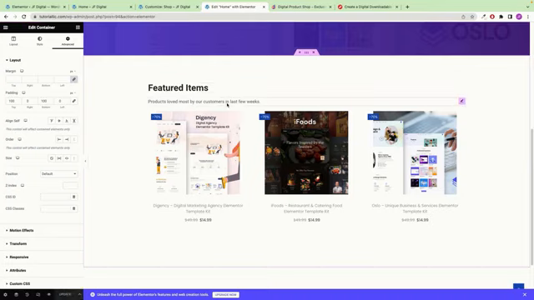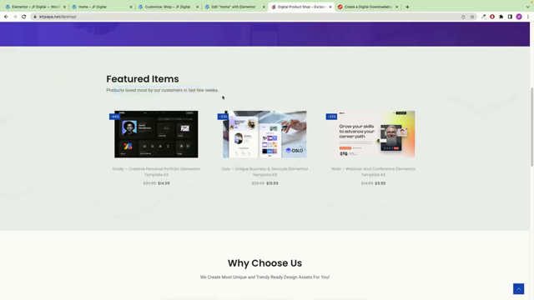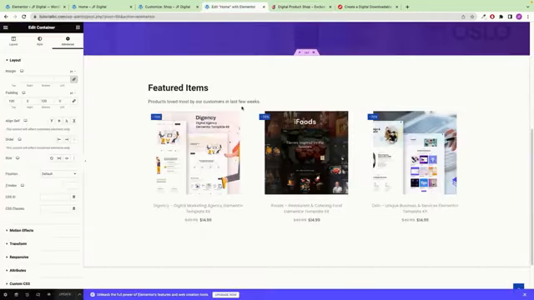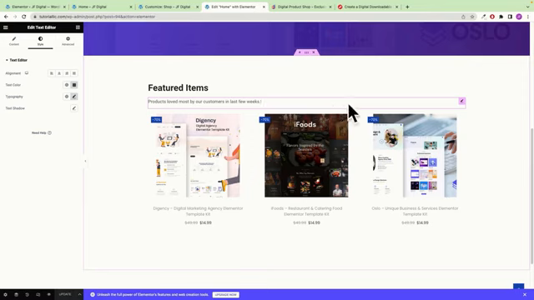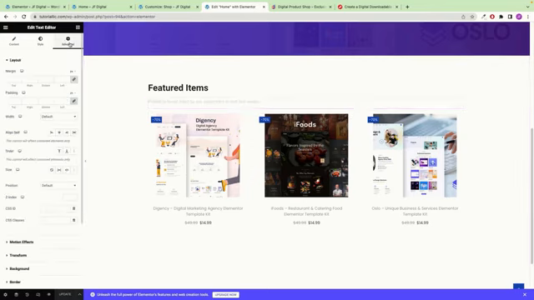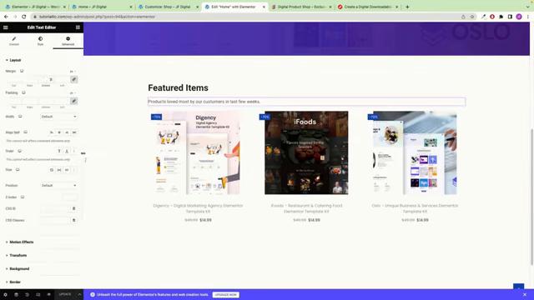If you look at this paragraph, under this paragraph there is no space, but if you see this demo website, it has a space. So to make it that, just simply click on this text, go to this advanced option, and simply add a margin, simply unlink it and then put 50 pixel